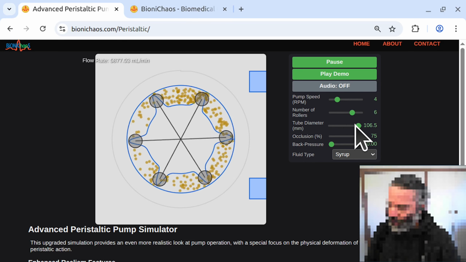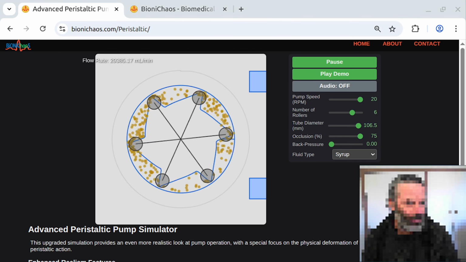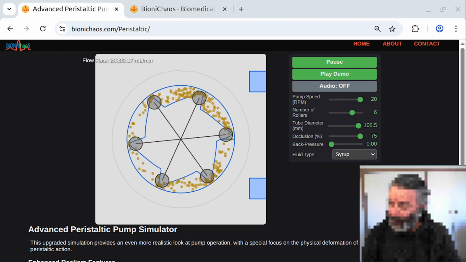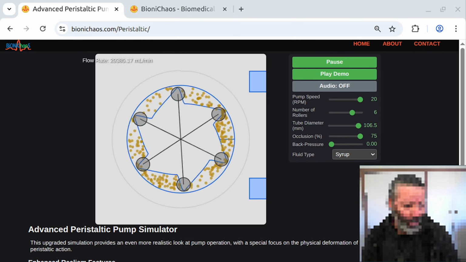Shall we prompt the developer directly? Peristaltic. So this is a peristaltic pump. Let me know if you used the peristaltic pump before, or is this your first time using it? Because obviously the simulation is so good that it feels so realistic that it's as good as using a peristaltic